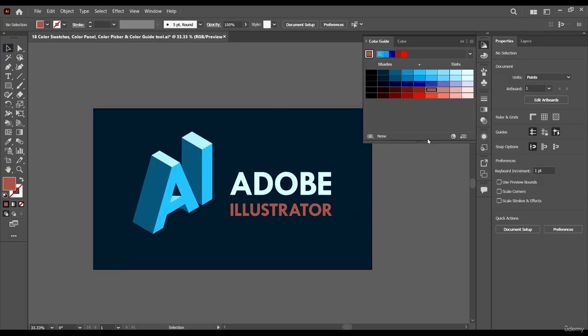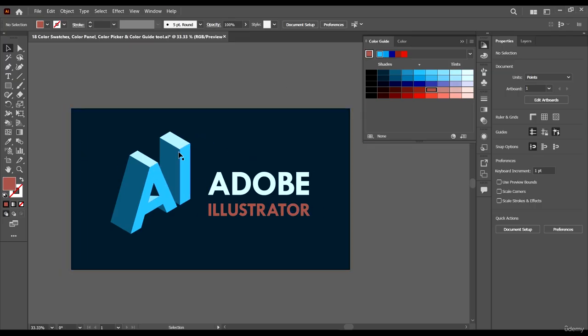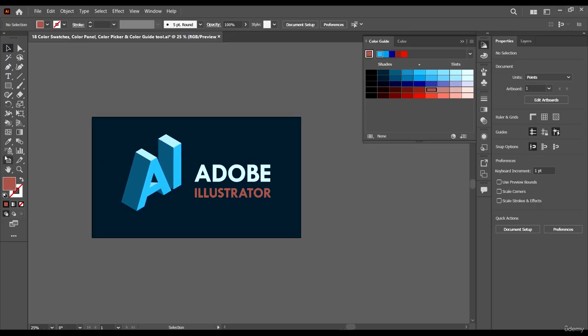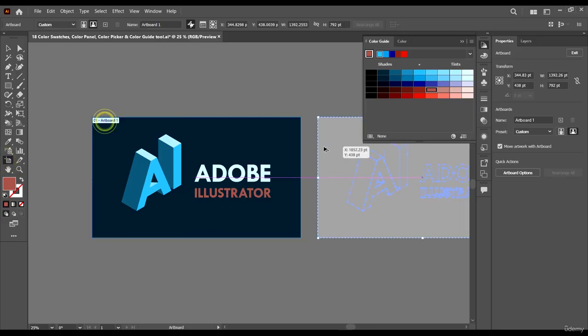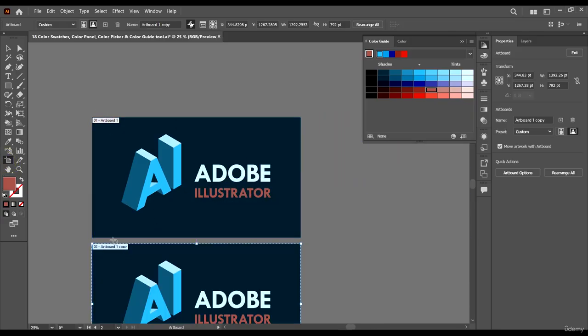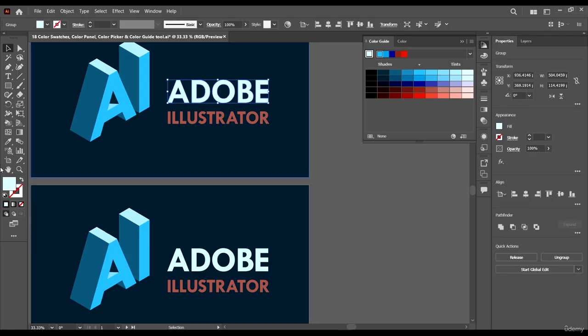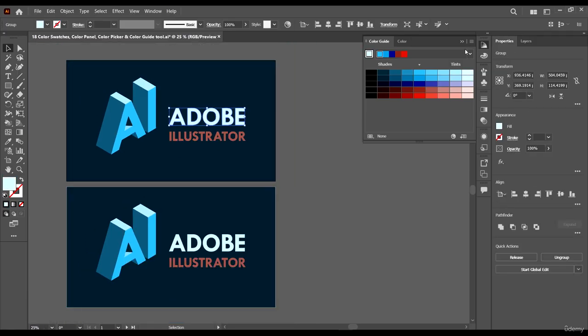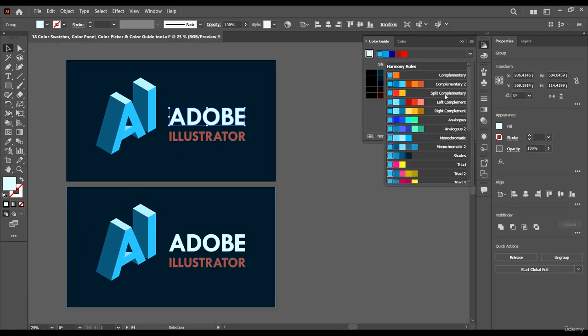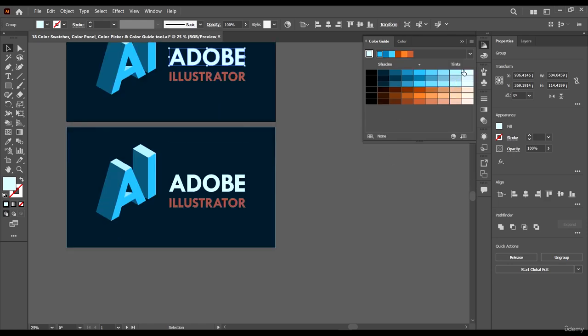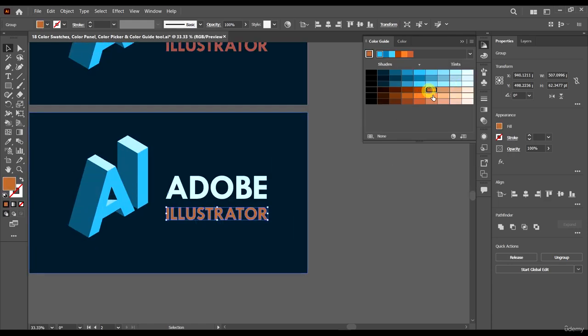So guys, take a look at this. This is all by the aid of the color guide tool. We've come up with this design, and we could also have different variations. Just drag it down, we'll have different variations. For example, we could say we want to use this preset. Right now we have other colors we can choose from.